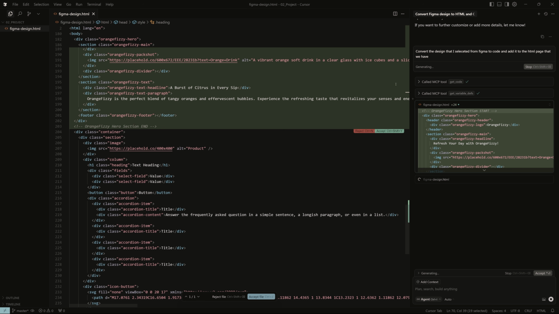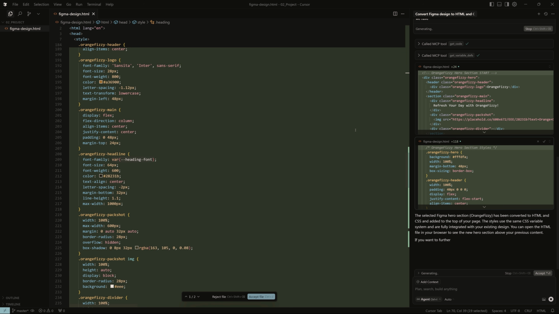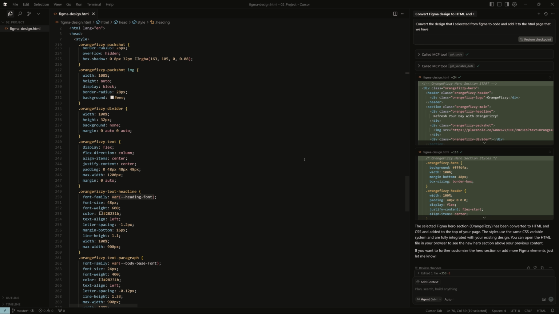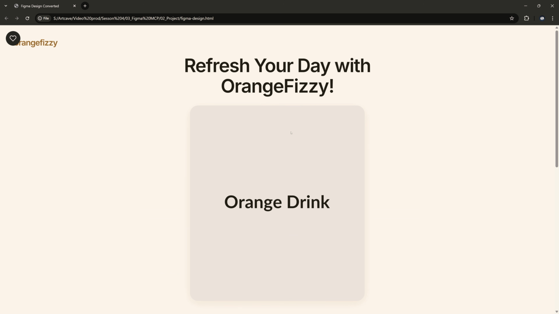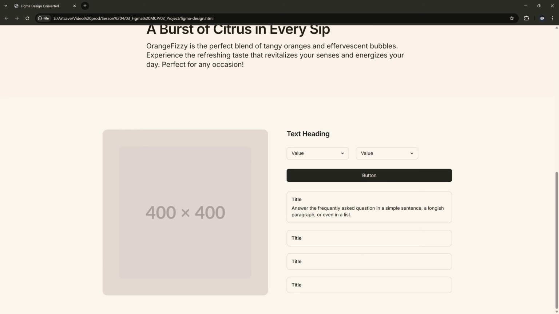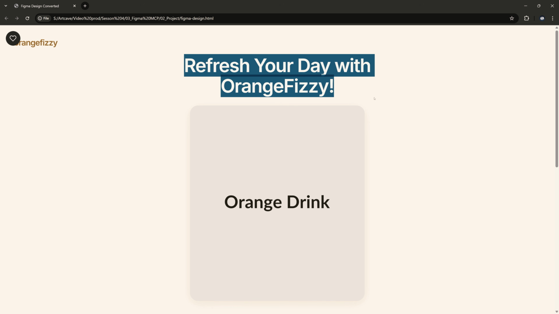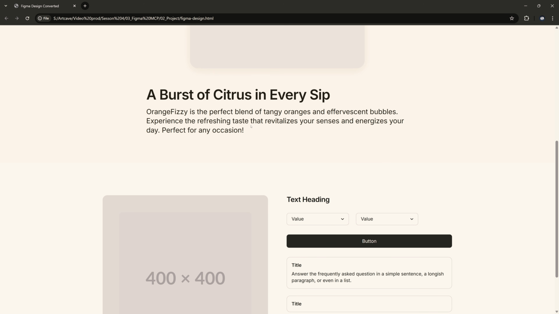And it would be more helpful if you do this process with your dev team to make sure that the things that you are getting from your Figma design are usable for developers on the code side. If not, I guess whatever is happening here is just not that helpful and it's just a waste of time, but it's okay. Let's open the HTML file one more time, and yeah, here we go. Now we have this logo which we had in the second section, and then we have this headline, we have the image here and the text below it.